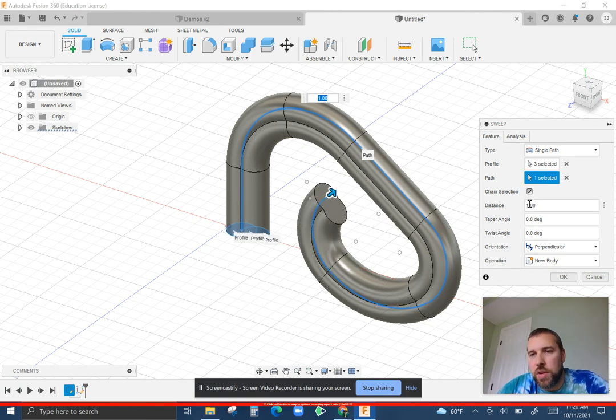You have some options here to go a certain distance. You can have a taper angle, and if you make the